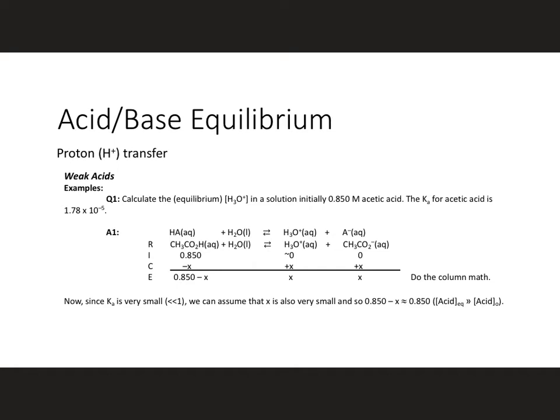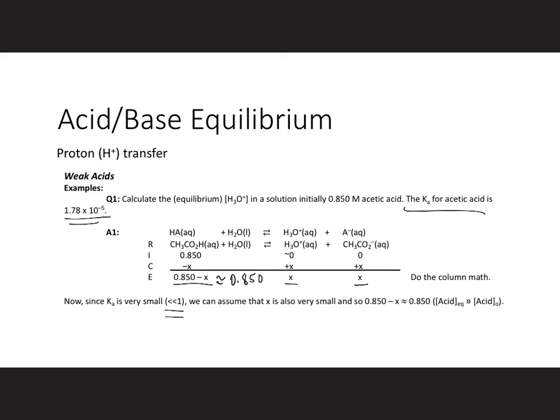Now we're going to do our column math. So 0.85 minus x is 0.85 minus x, 0 plus x is x, 0 plus x is x. So we have our three equilibrium values. At this point, we could simply plug this into Ka and solve the resulting quadratic equation. However, let's note that the Ka for acetic acid is very small, very much less than 1. So we can assume that this is approximately just